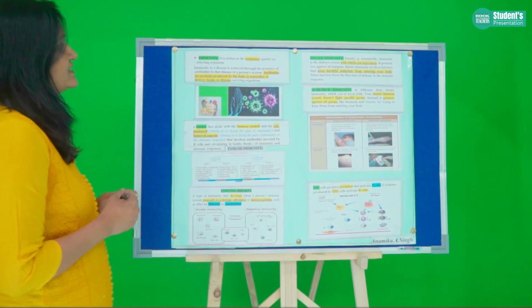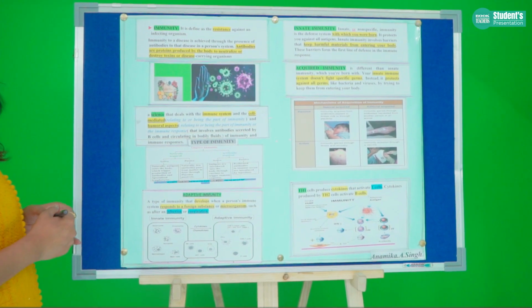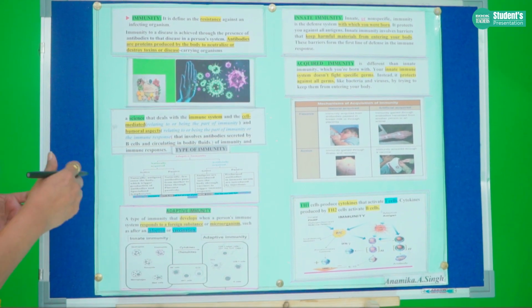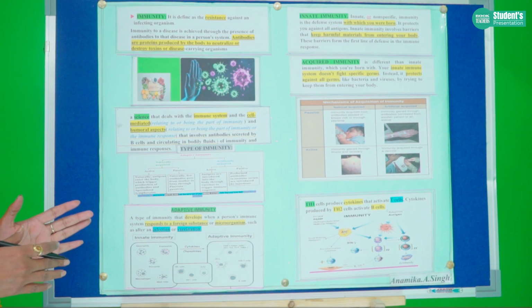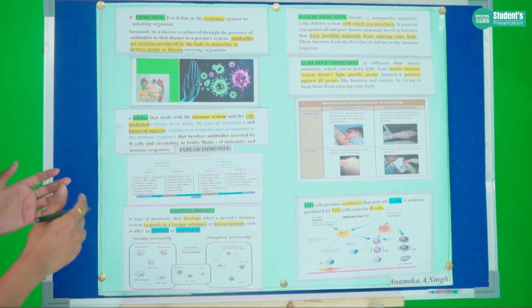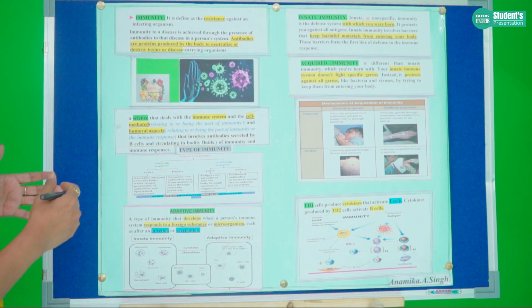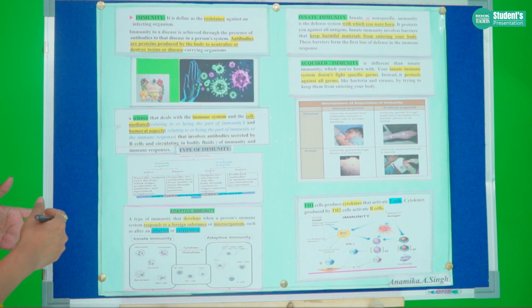It is defined as the resistance against the infecting organism, means the body which gains the resistance to fight against that infecting organism. Thereafter, immunity to disease is achieved. How are we going to achieve this immunity? Through the presence of antibodies to that disease. जो disease है उससे related antibodies आपके body में exist होने चाहिए, so that you will be able to fight